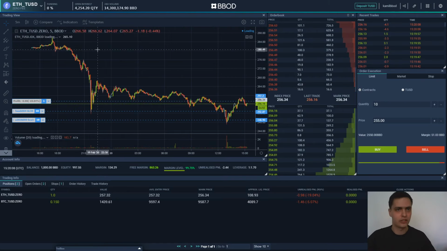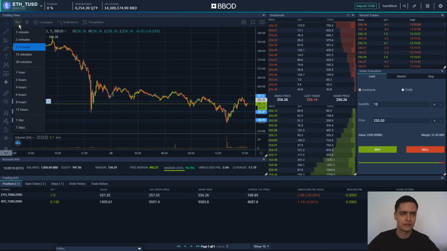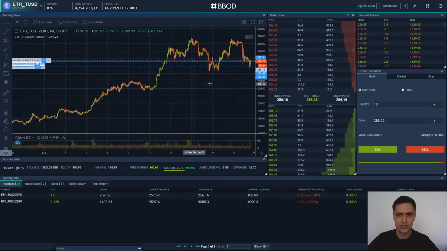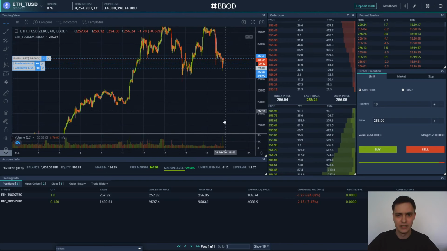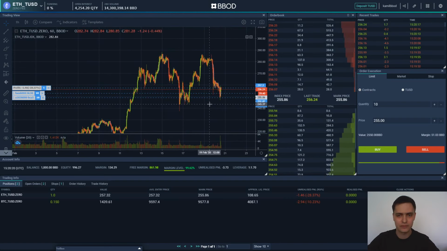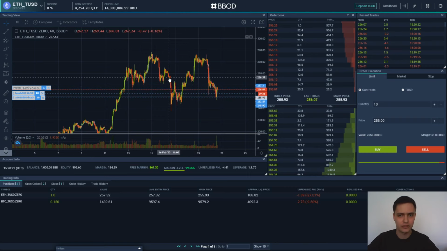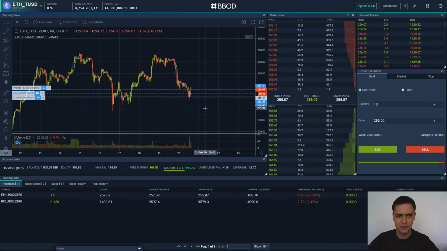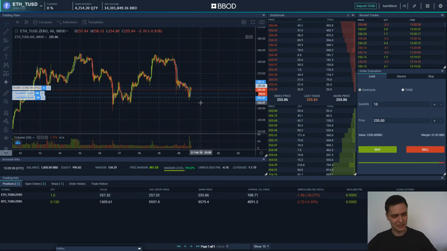Okay, going back to the chart, you have all the options you would need in here to trade. I think it's really amazing. So you can see the Ethereum chart. It fell a bit in here. We're longing it because I think it's gonna go up maybe. So